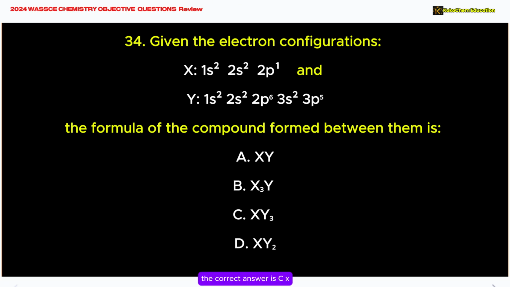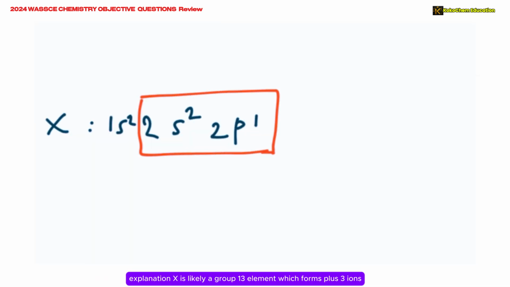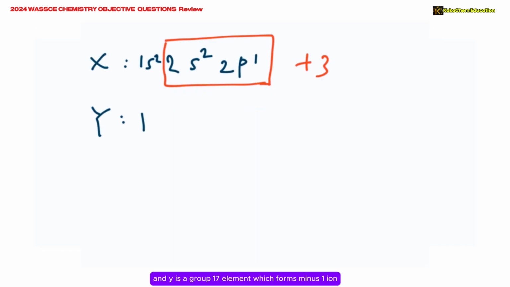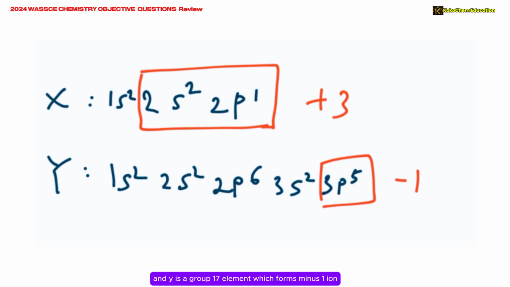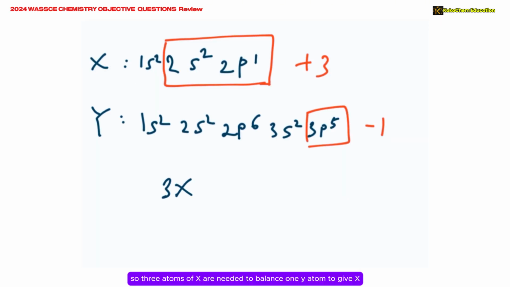The correct answer is C. XY3. Explanation: X is likely a group 13 element which forms +3 ions, and Y is a group 17 element which forms -1 ion. So 3 atoms of Y are needed to balance 1 X atom to give